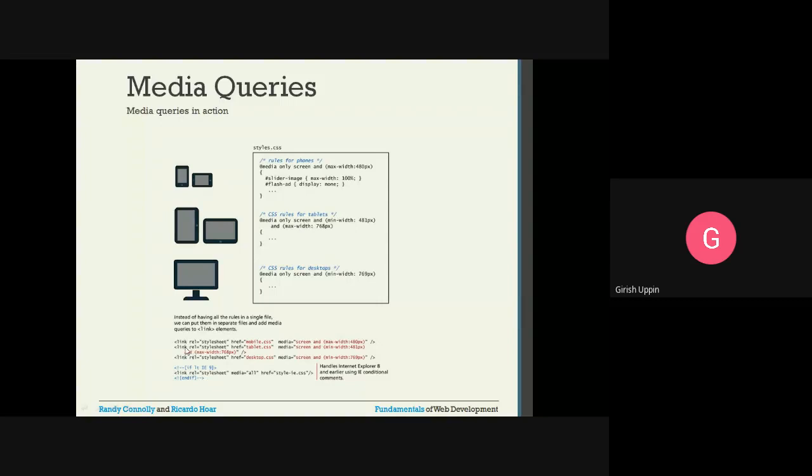You can see here, link rel is equal to style sheet, href mobile.css. So in mobile.css, I will have whatever rules you have specified here. Those rules will be applied in the mobile.css. That's a file.